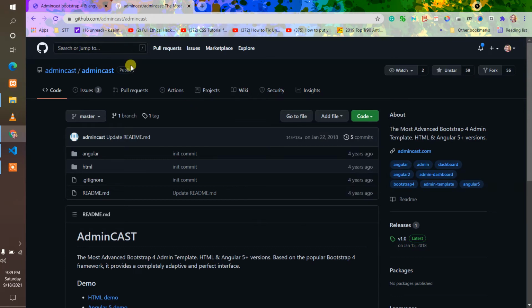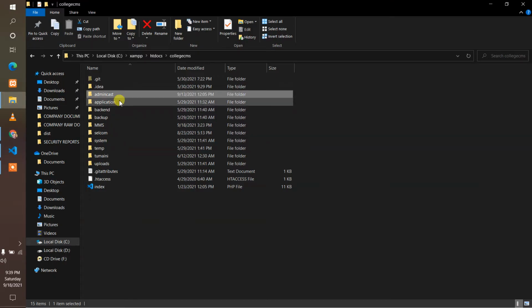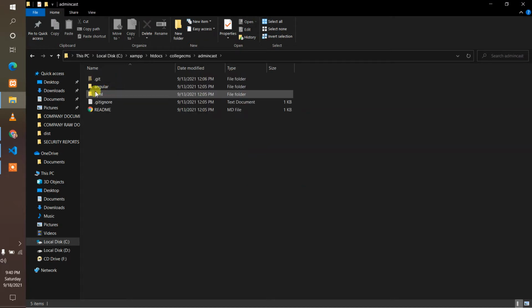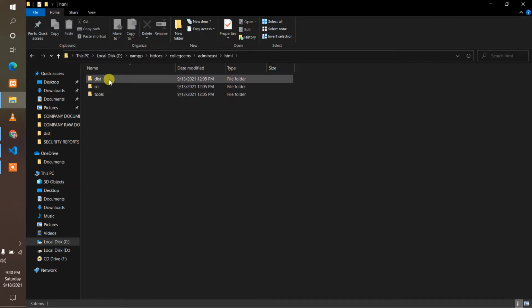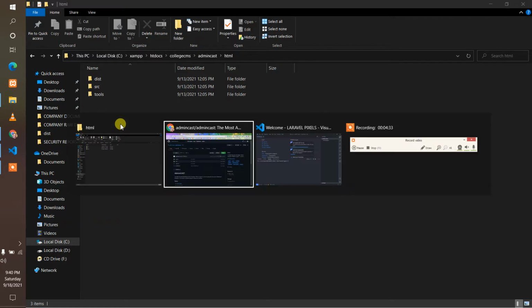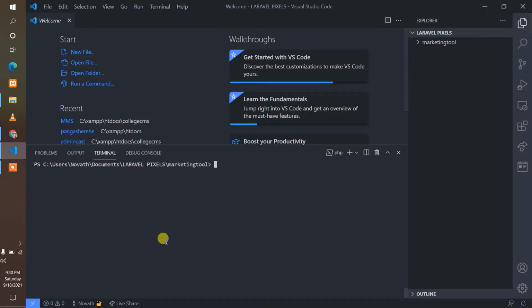I've already downloaded it, and I'll show you the files. This is my AdminCast template. I have Angular and HTML. We are only going to focus on this HTML part. So the first thing I'm going to advise you to do, because now we're going to start taking these things into the Laravel application, is to try to fire php